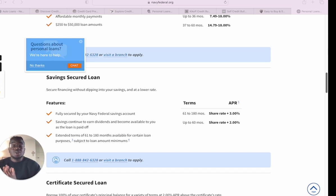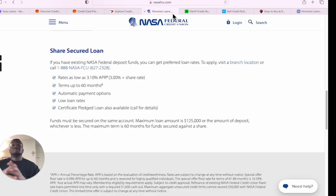It's very simple. So for my people that don't have Navy Federal, let's talk about another place that you can get a secured loan with. And that's going to be NASA Federal Credit Union. So the difference between NASA and Navy Federal is anybody can join NASA Federal Credit Union. I have a video about how you can join, so go check that video out. But the difference between a secured loan is, I believe the minimum is $500, right? But when you're building your credit, it's worth it. It's going to be worth it. So y'all don't think $500 is a lot when it comes to building your credit. It might be a lot to you right now, but it's going to be worth it in the long run,